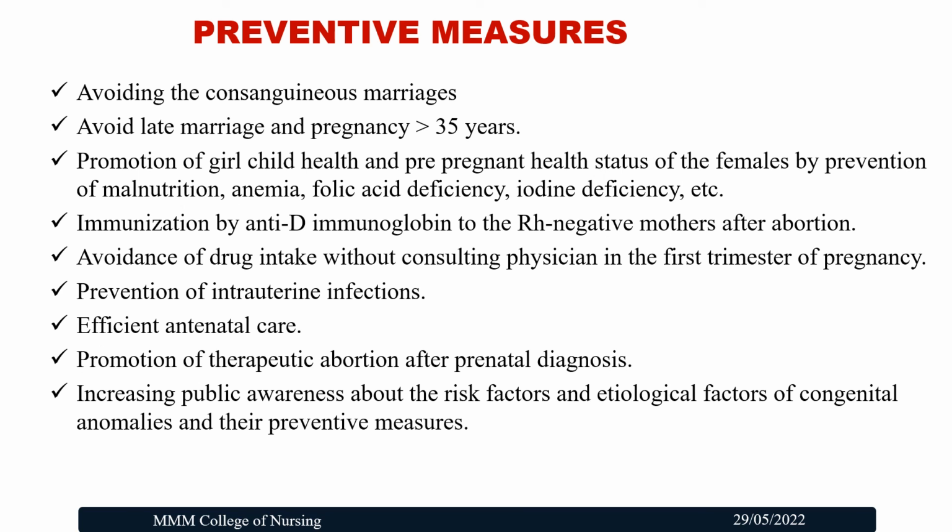Finally, preventive measures: avoiding consanguineous marriages, avoiding late marriage and pregnancy after 35 years, promotion of good girl-child health, and preventing malnutrition, anemia, and folic acid deficiency. And about immunization by anti-D immunoglobulin to Rh negative mothers after abortions, and avoidance of drug intake without consulting physicians during the first trimester of pregnancy. And efficient antenatal care has to be provided, and prevention of intrauterine infections, promotion of therapeutic abortion after the